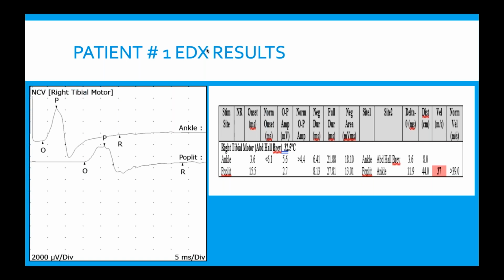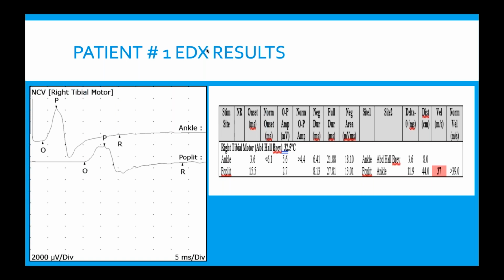Amplitudes were a little on the low side, but there was significant temporal dispersion at the proximal stimulation site. You see how the waveform changed shape significantly, and it was a lot smaller than the ankle site, which can be expected. You're allowed about a 50% drop in amplitude as you go more proximal in the lower extremities, but he had some significant temporal dispersion, and also the velocity was a little slow on the